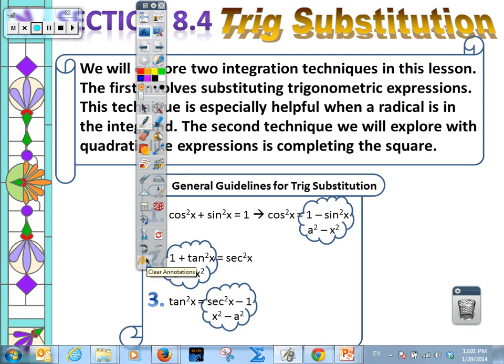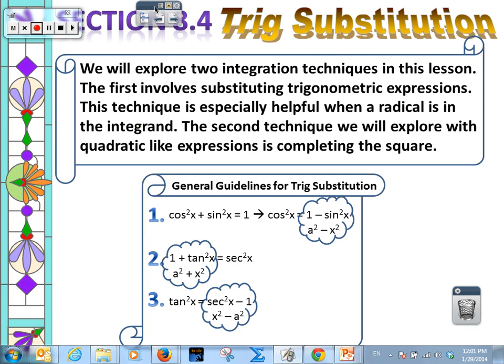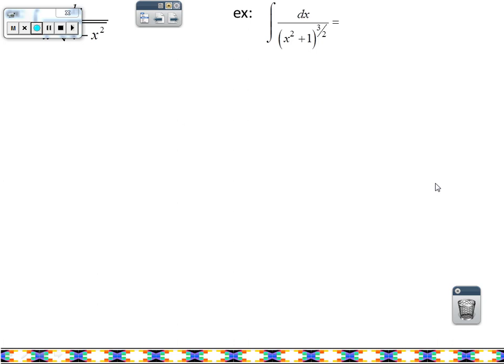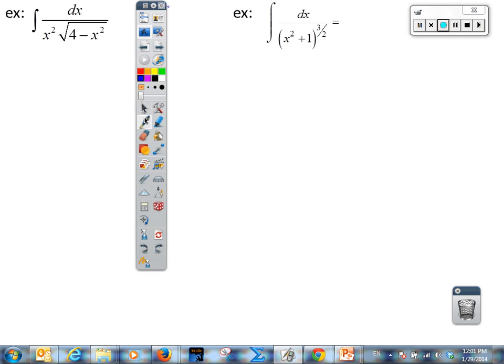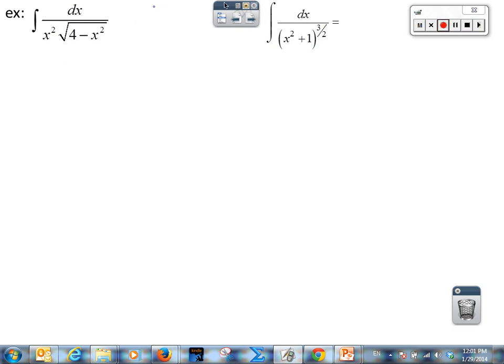Let's do some examples, and then hopefully it will make sense. All right. Let's take a look at our first problem. On this, we have a number minus x squared. So we look to our little patterns and we want to see which one does the number minus x squared, and that's the sine. Now what's really important is I need it to be 1 minus sine squared, not 4 minus sine squared. So instead of making x just sine, I need to make it a number times sine so that I can factor the 4 out. So if I make x